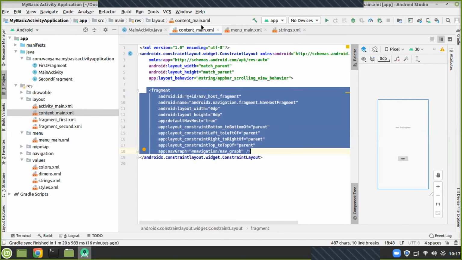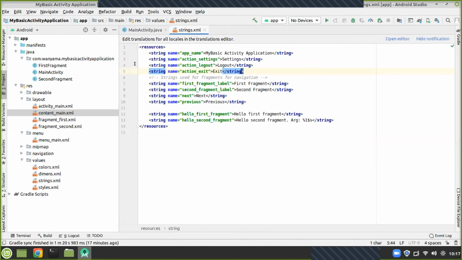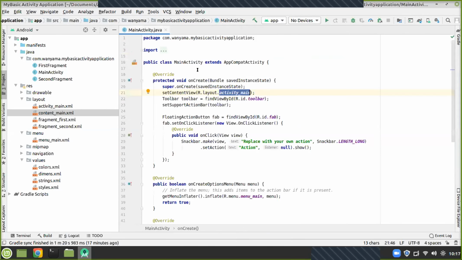Yeah, we have looked at the menu items, so we can actually close that. And we have the strings file. We only came here to edit these two lines of code, so we can also exit. But as a matter of fact, let's now look at the fragments, because when we create the basic activity application, it automatically gives us the first and the second fragment,